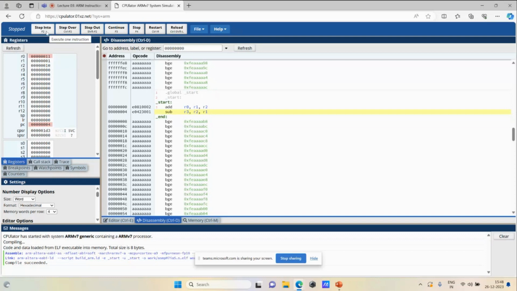So if I execute one more, you can see the R3 value, we will get this, right? You can do it as your homework. You can just check if you do R2 minus R1, you are getting this thing or not. So here it's getting F. And you see the program counter has been